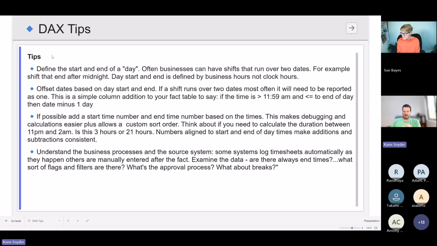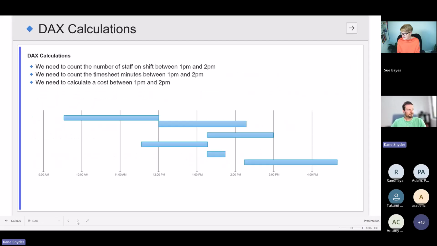What do you do if it's got no start time, no end time? Some systems that I've worked with, the person logs in and it starts the timesheet, and then if they haven't logged out, it means that's in progress, and you can report on that. It's a timesheet that's actually happening. So there's all these, and there's always business logic that needs to be added in there, special filters and different things to say, it needs to have this certain tick of approval or whatever it might be. So those are my tips to set yourself off on the right foot before you start reporting. Just make sure you've got some of those things worked out.